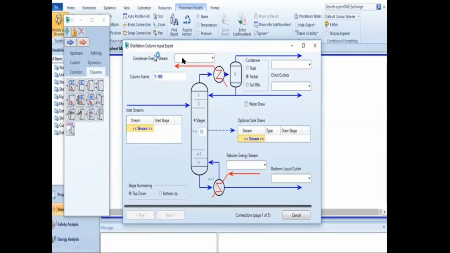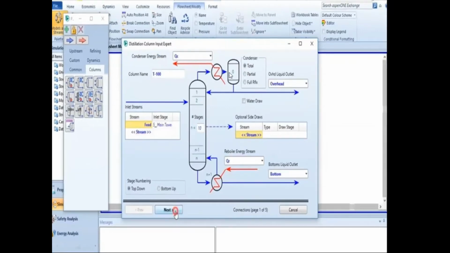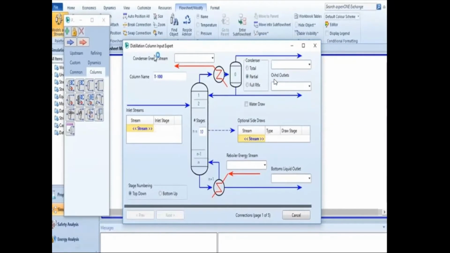First one here QC. After that, overhead, it is also empty here. After that, I'm just giving here bottom name and QR for the reboiler. Just give 4 names here. After that, you can see here 2 types of